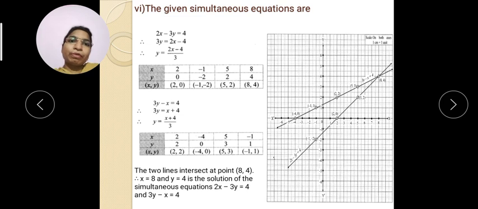Now in 1.2 there are 6 questions. Your homework is that you have to solve these 6 questions by elimination or substitution method. Okay, thank you students. Again listen one time, again watch the video and again try to solve. Practice is compulsory. The questions are very simple, but when you are solving yourself, then sometimes you will get confused. So practice is compulsory.